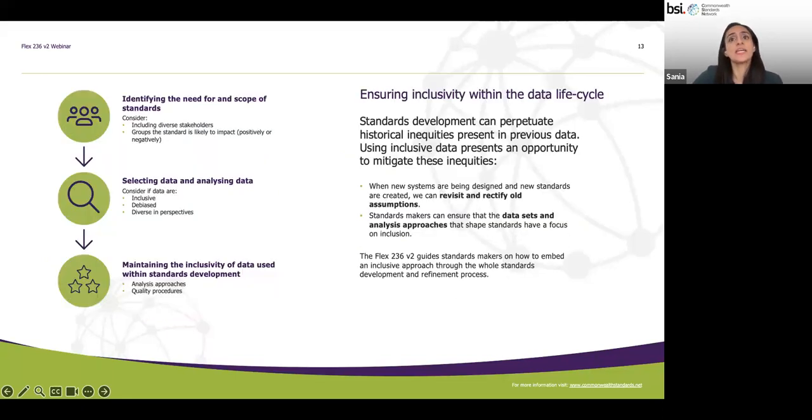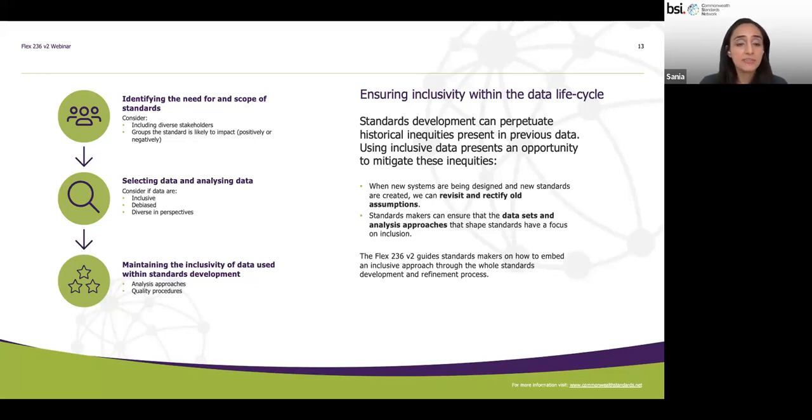Okay, so ensuring that standards are based on data that's inclusive, because otherwise we can end up perpetuating historic inequities. But as standards makers, there's an opportunity to revisit certain standards or certain products and services that might be out there and actually make them more inclusive by incorporating inclusive data. Like I mentioned, the standard has three broad areas. This is to ensure that inclusivity is then embedded within every aspect of standards development. So just revisiting these,